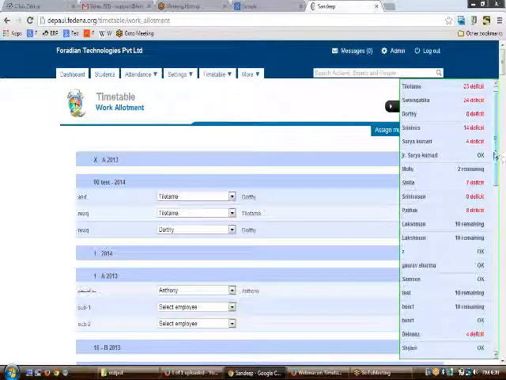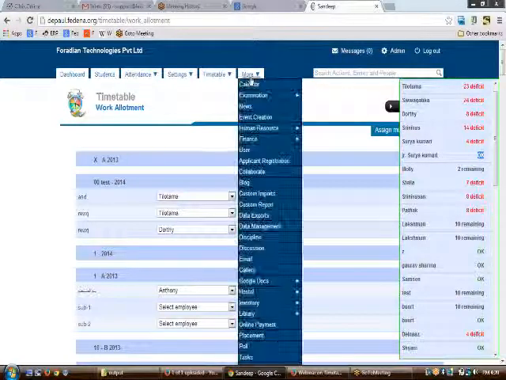Remaining would mean that Molly can teach 2 more classes before being classified under the deficit part. And if it's okay, it means that exactly the number of classes allotted for the particular teacher is being taught by him or her. So this is all about the work allotment part.